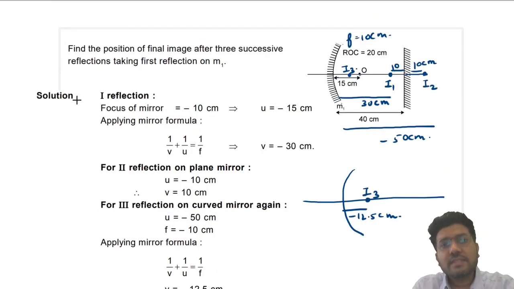All right, with this we have come to the end of today's class. In today's class we discussed the mirror formula and applications of the mirror formula. In the next class we will do some more problems related to the mirror formula. Okay, we will also see longitudinal magnification, that is magnification along the axis. We will also find the velocity of image, right, when the object is moving, also when the mirror is moving.